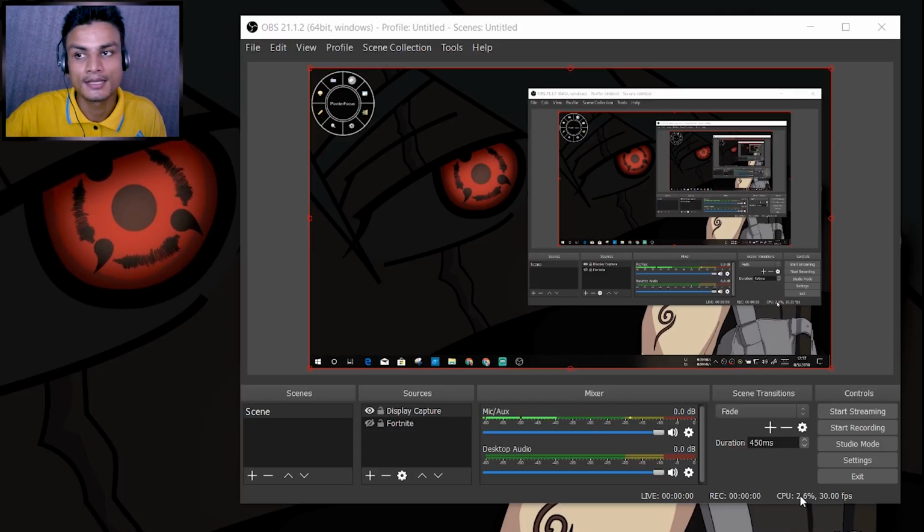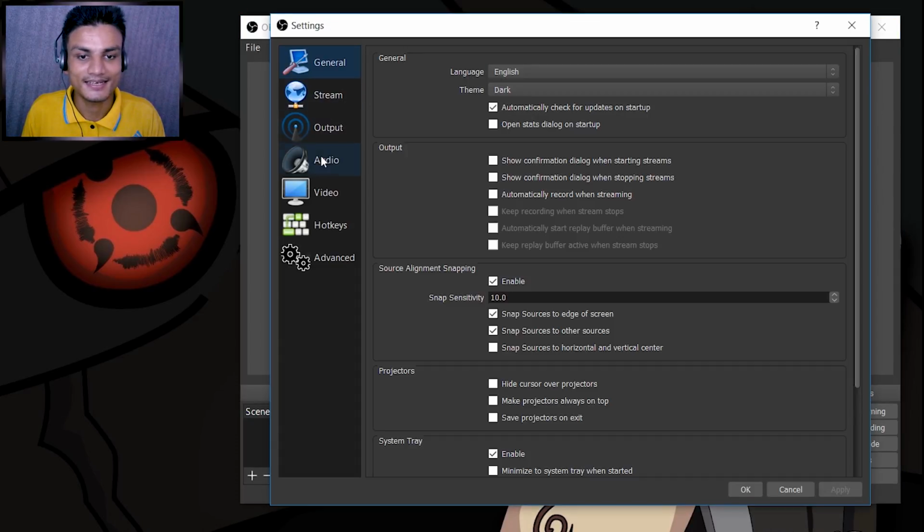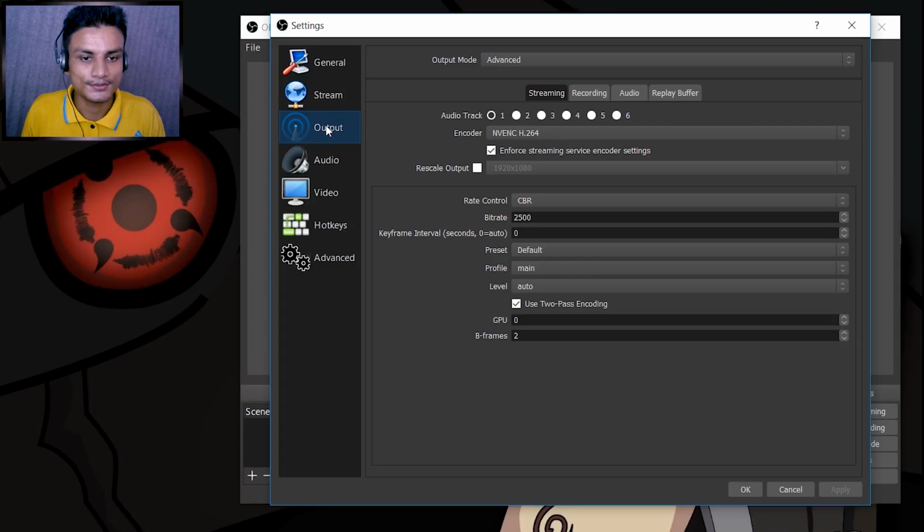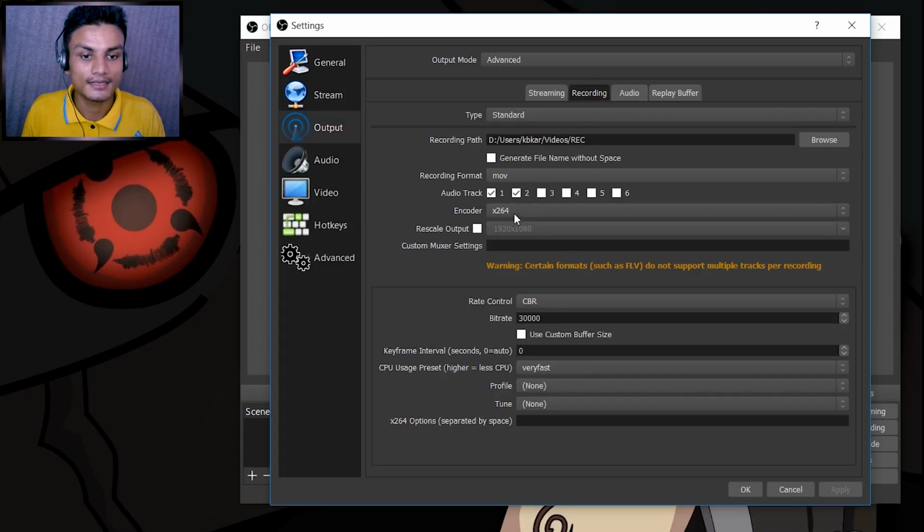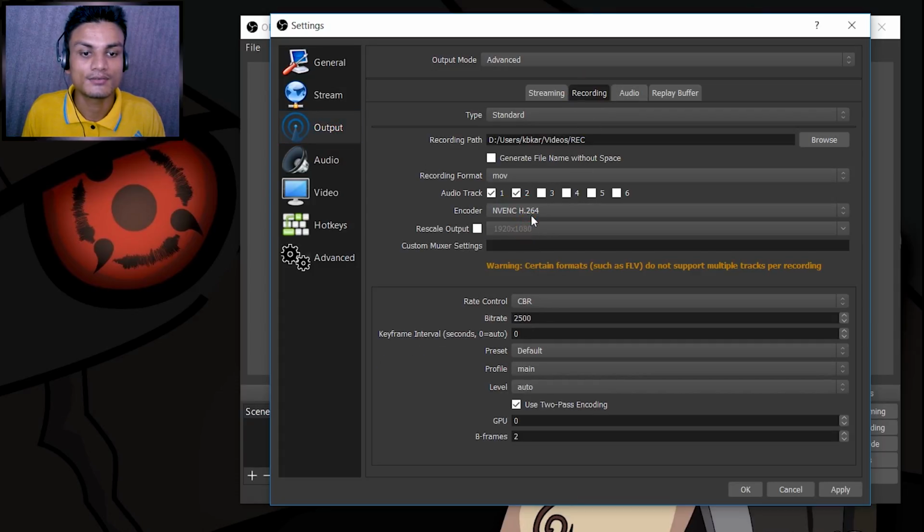Never choose the X264 encoder if you really want to record your desktop or gameplay smoothly, or if you are streaming. So make sure that you do not select that. Okay. Go into the settings again and go to the output recording, and if you have an option, select the